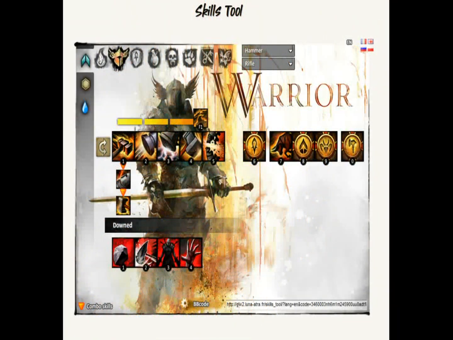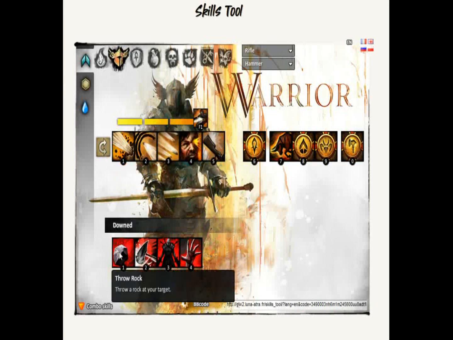The weapon that you're going to be using most for PvP is going to be your hammer. The weapon that you're going to be using most for PvE though is going to be your rifle. There's a reason for this, and I'll get into it later, but for now let's go ahead and go over